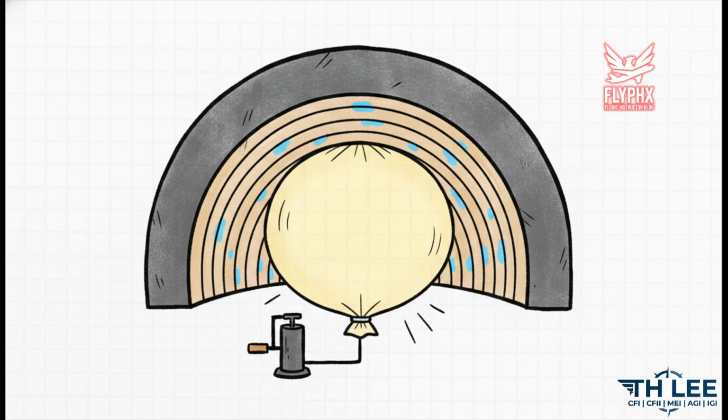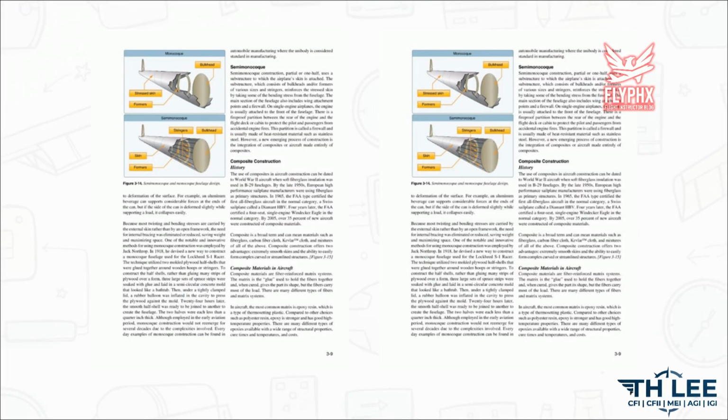Then, under a tightly clamped lid, he inflated a rubber balloon right in the cavity to press the plywood perfectly against the mold. 24 hours later, he had a perfectly smooth, lightweight half shell. Brilliant, right? But because pure monocoque acts like that fragile aluminum can we talked about, modern aircraft predominantly use semi-monocoque